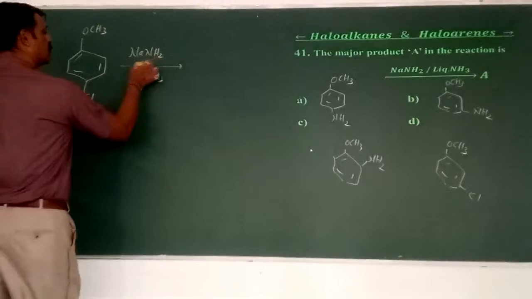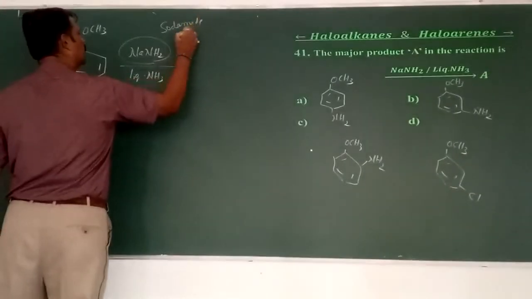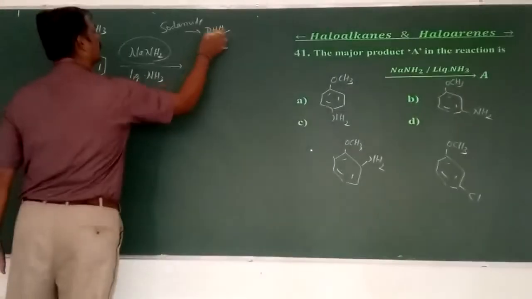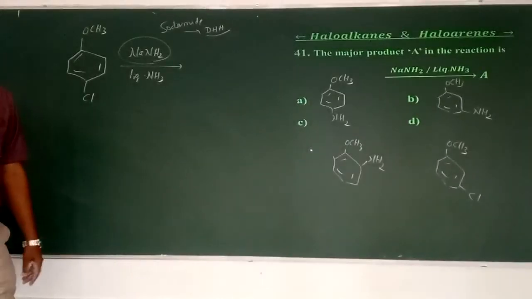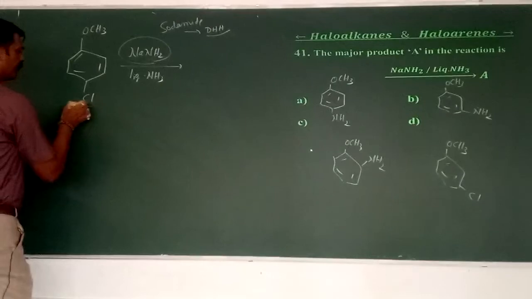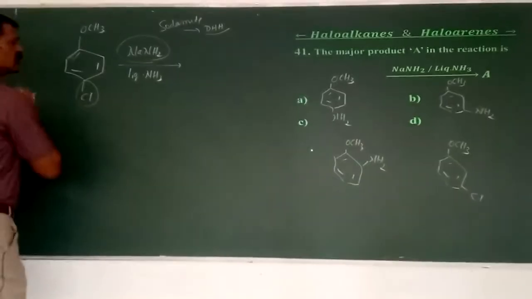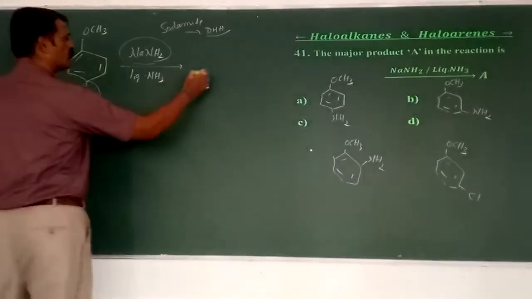Sodamide is the best example for a dehydrohalogenating agent. Alcoholic KOH or potash, along with sodamide, they are the best examples for dehydrohalogenation. It means there is a removal of HX from the adjacent carbon atom. I can remove either from this H or this H. Therefore, it first forms,